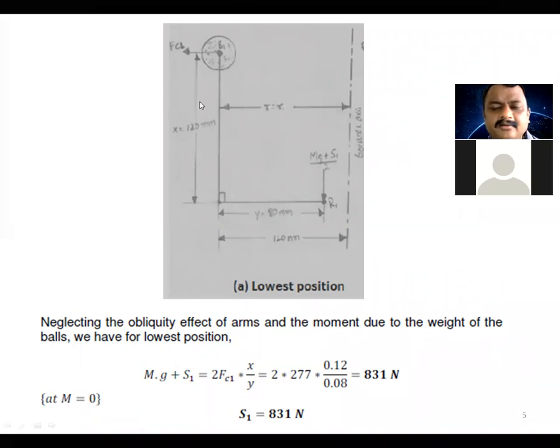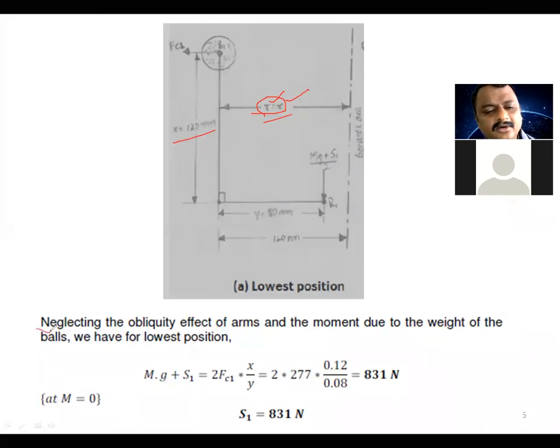Both the ball arm and sleeve arm are vertical and horizontal, right? So now this R, the distance of the fulcrum end from the governor axis, is the equilibrium position. So we have considered R itself as equal to R1. That is our minimum radius of rotation, and that is very important data in the problem. You can underline it in your notes, or make a note of it, that at equilibrium speed, the minimum radius of rotation is given. Therefore, the minimum radius of rotation is R1 equal to 120 millimeter.